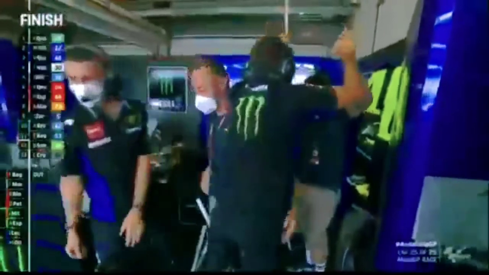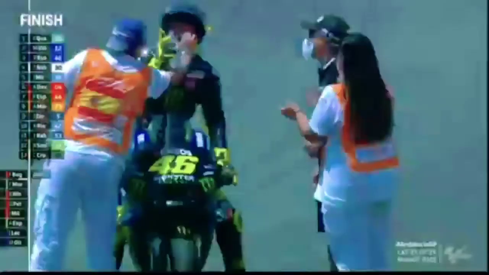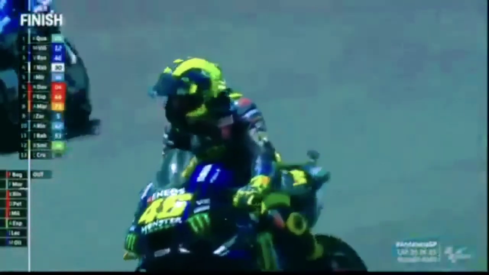A good effort from Nakagami. That's his best result, and a disappointing day for KTM in 7th. Outstanding job at the end there for Alex Marquez. The man who's about to go across the line, Alex Rins, takes 10th place. Battered Valentino Rossi. Look at him, 41 years old. And he's back on the podium. Wilco, give me your thoughts. Well,